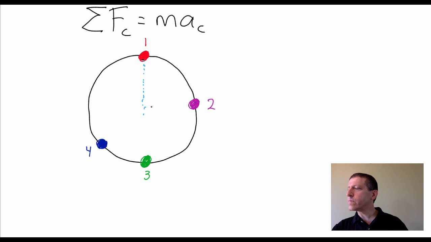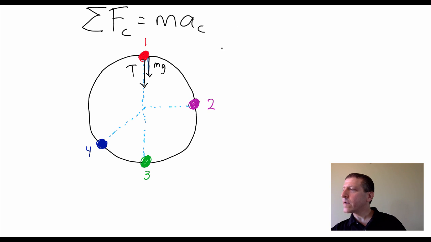Over here, the rope is pulling it that way. Over here, the rope's pulling it that way. And here, our rope is like that. Okay, so at this position right here, we've got a couple different forces. We've got our force of gravity pulling down. I'm going to call that mg. But we also have the tension of the rope pulling down like that. T. So for situation number 1, our equation of motion, by the way, on these, you always want to make